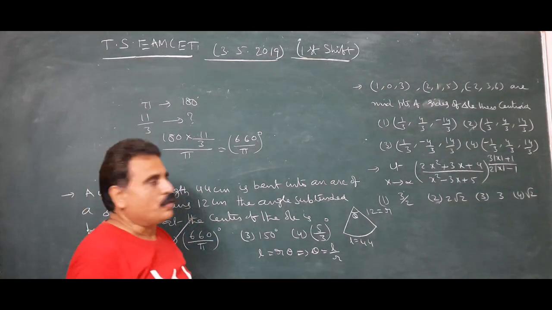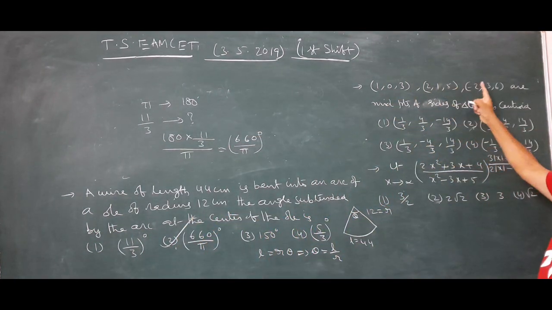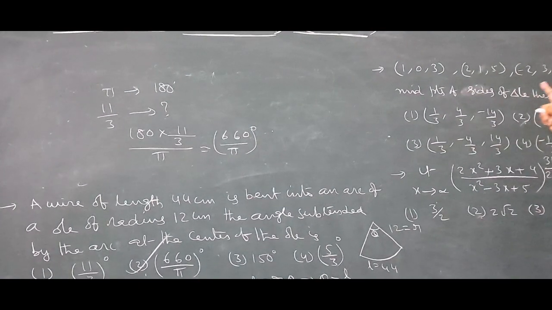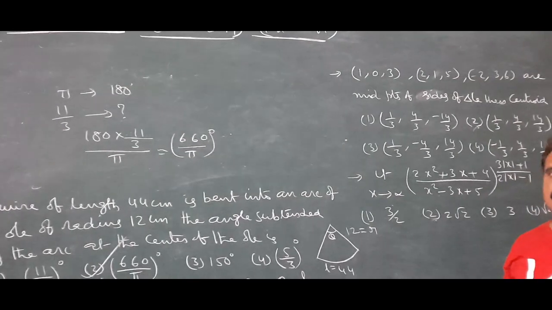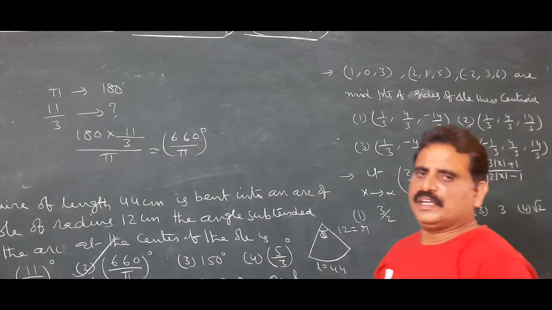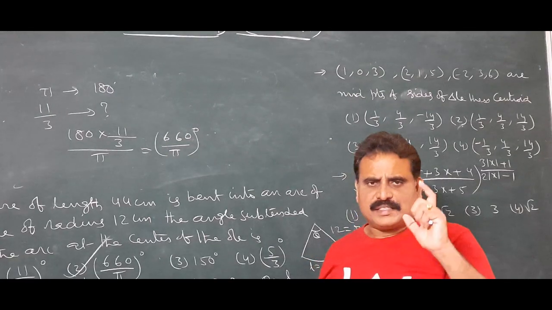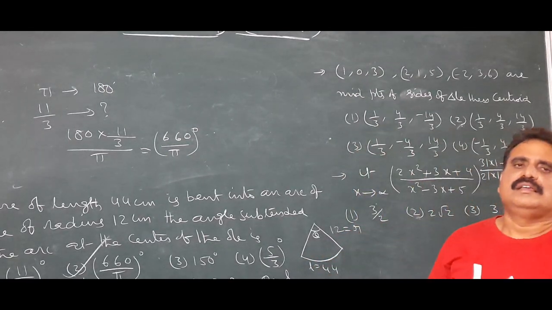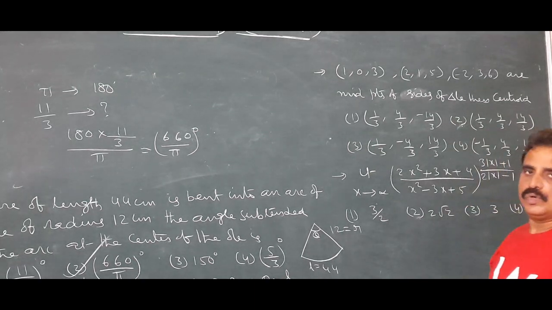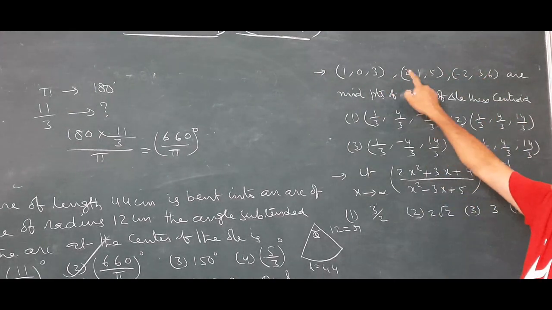Now, we are going to the next question. 103, 215, minus 236 are midpoints of sides of a triangle, then the centroid of the triangle is... Here, the triangle midpoints D, E, F are given. The triangle centroid is the same as the centroid of the triangle formed by midpoints. So, the centroid of the triangle is nothing but the centroid of this triangle, that is 1 plus 2 plus